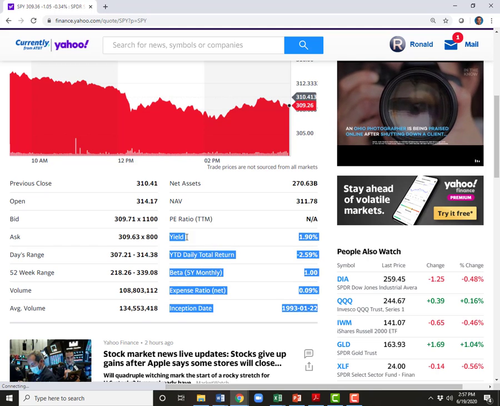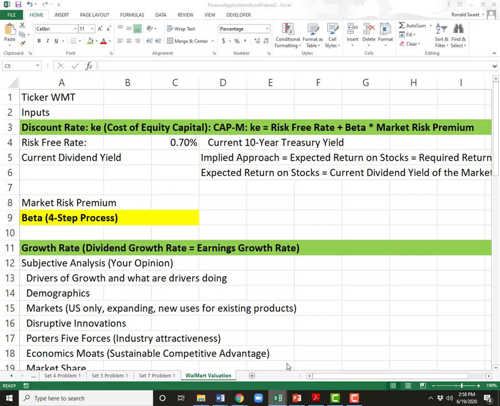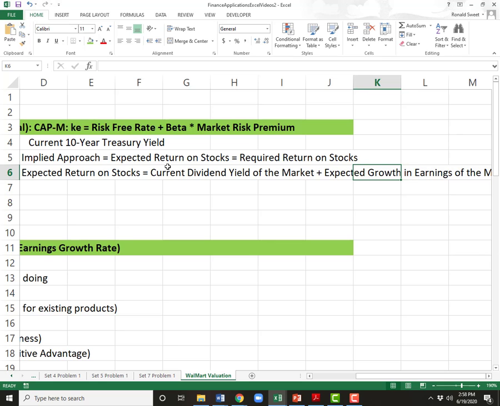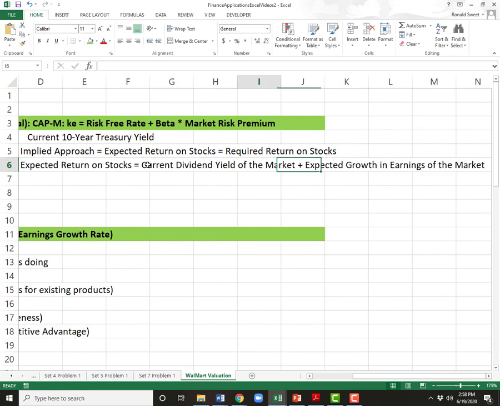And there it is right there. The dividend yield is 1.9%. And so I can now use that 1.9% as my assumption for the current dividend yield. And now what I need is expected earnings growth. We're going to notice that this is going to build and build and build on itself. Expected earnings growth